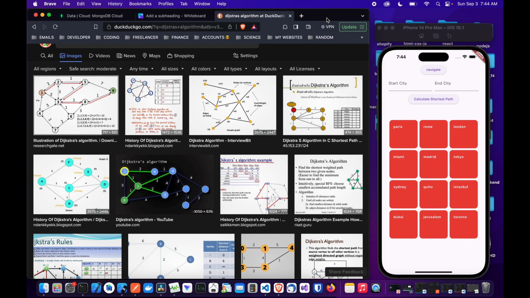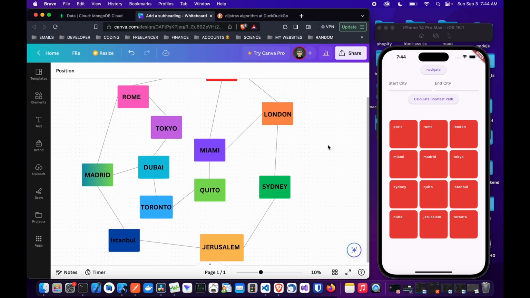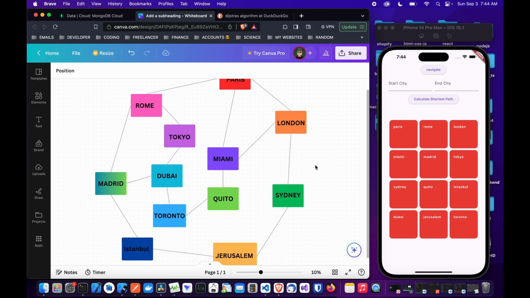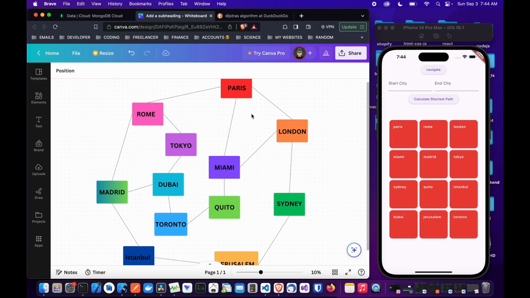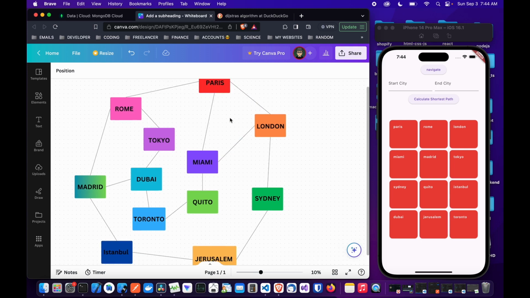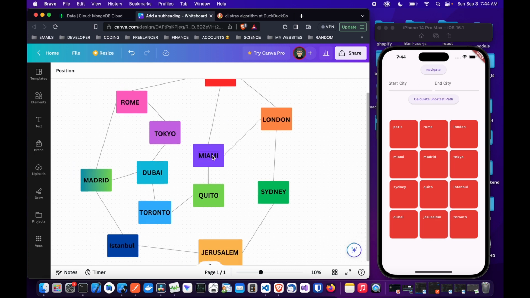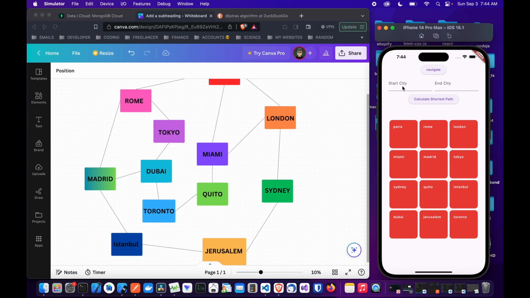So let me go back here. This is going to be a representation of our database. I did this representation so you guys have a clear understanding of what we're doing here. We are going to be working with nodes. These are the nodes and these are the edges. We're going to be using cities, so it's easy for us, and this is it. This is the application, and I'm going to show you right now a pretty quick test